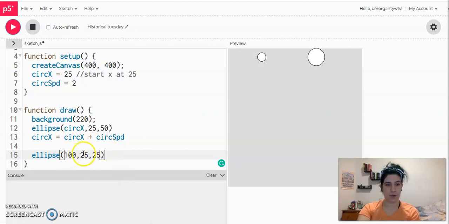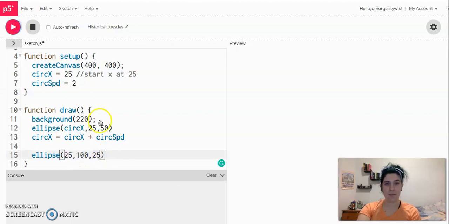Oh, that's not where I wanted it. Let me swap these two numbers. I wanted it down my page. Okay. So this new circle I've made has an x value of 25, a y value of 100, and a size of 25. When I hit play, we can see it's much smaller than the moving circle, and most importantly,